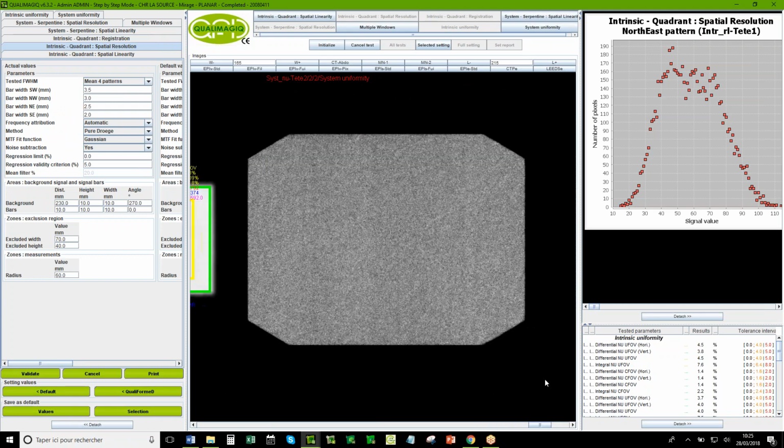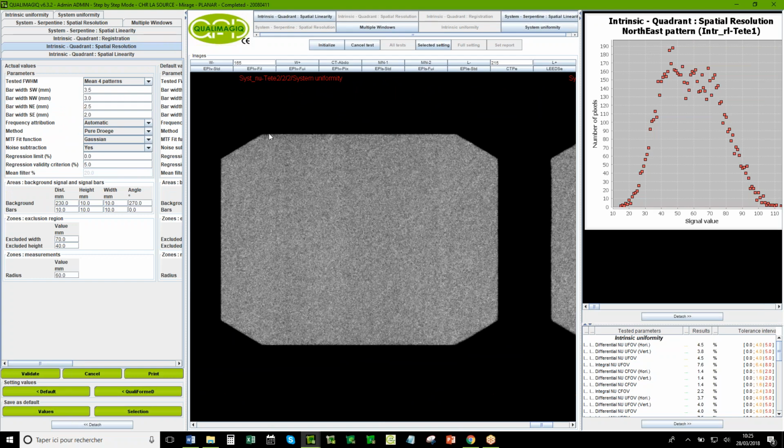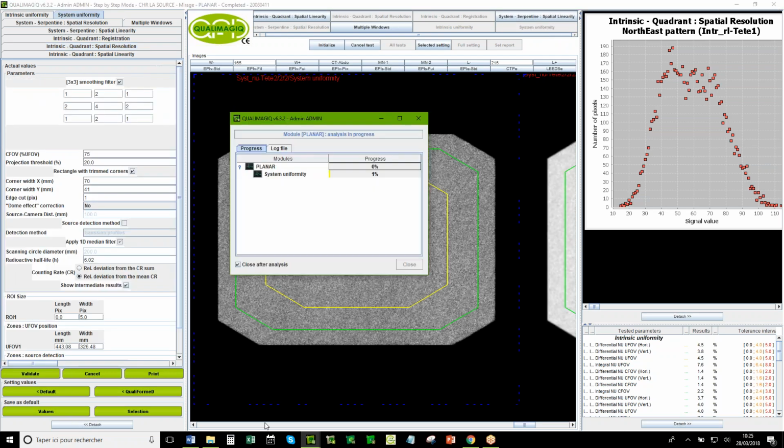So now they install the collimator, and we do the same test, but with the collimator. And the collimator finally cuts the field of view. So it's nice to see immediately the same test, non-uniformity, but here with the collimator, so system uniformity.